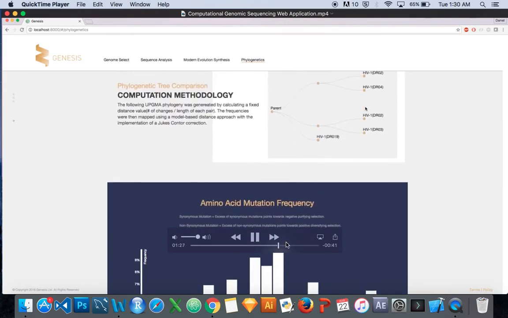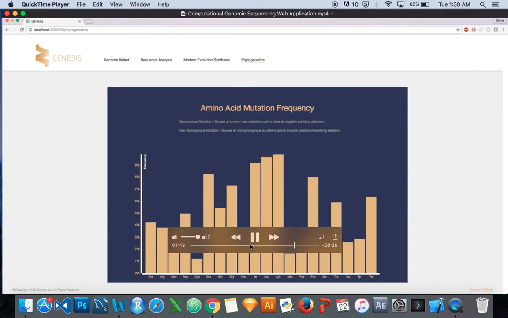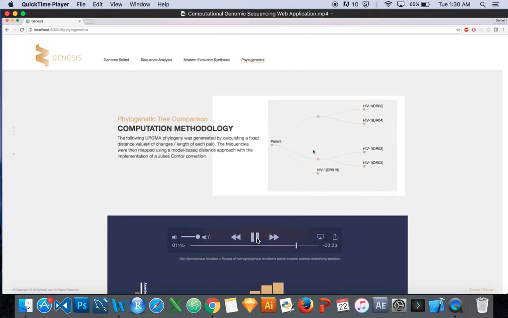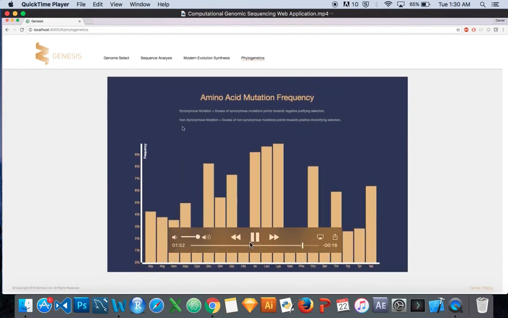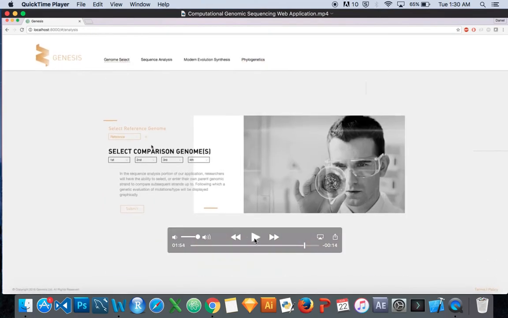And then we go on to the frequency chart at the bottom. It gives you synonymous mutations and non-synonymous mutations and tells you the definition of each, and then it gives you a frequency table. So it tells you the frequency table of each amino acid, and when you actually select one of the branches, it changes the frequency. It tells you what kind of amino acids compose this genome strand. So this is Genesis. This is the genomic sequencing process, and it's for helping researchers better solve